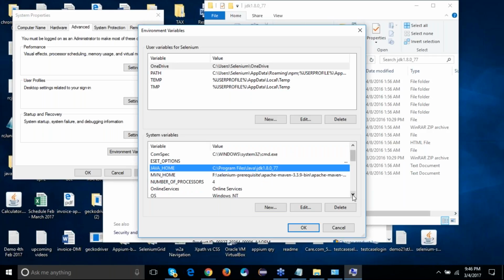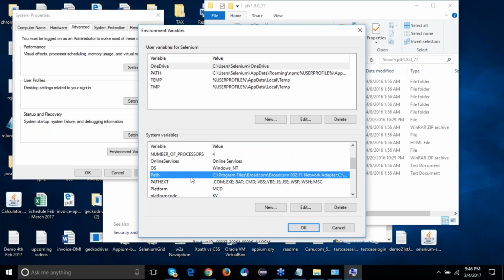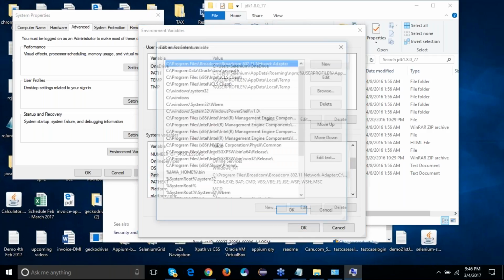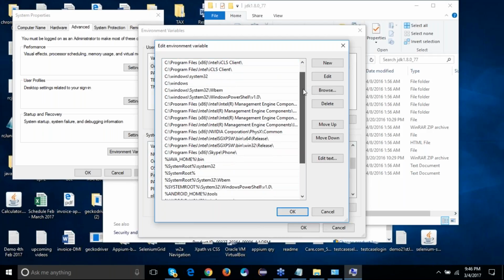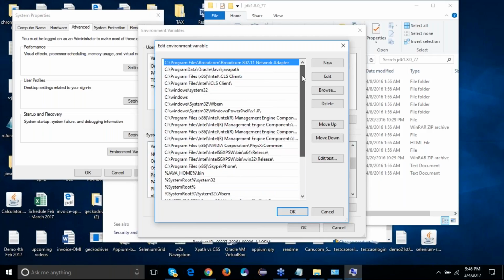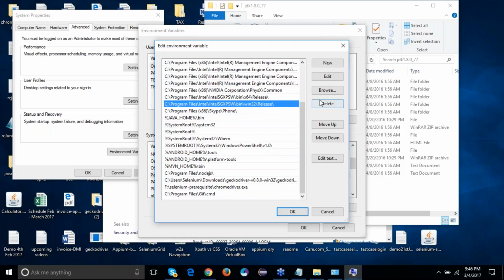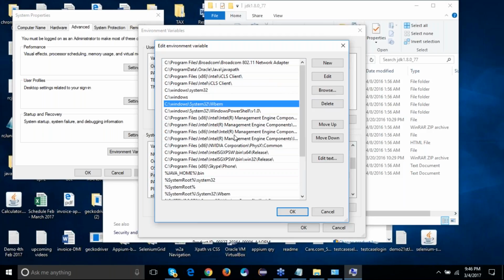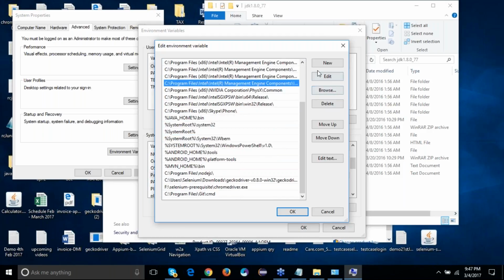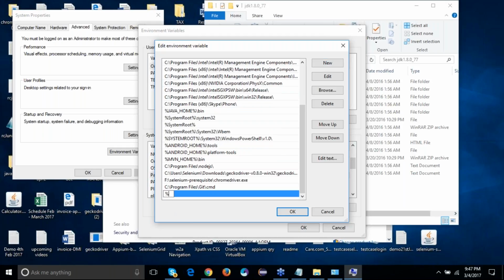After this, we need to search for a global variable called the Path variable and just open it. You're going to find so many things which are already configured over here. If you find all these things already configured, you should not be editing any of the pre-configured things, or deleting them or doing any modification with them. Because if you change any of these things, you may hamper existing running programs, or you may corrupt your Windows as well. So the only thing that you need to do is go to the end, click on New, and type